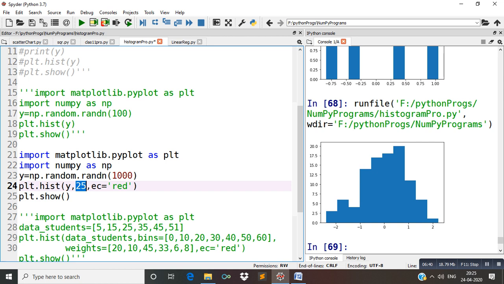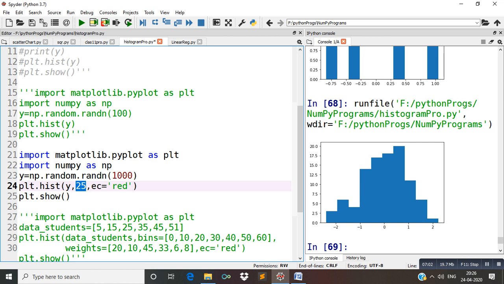Okay, this is the previous output. Here you can find 10 bins, 1 2 3 4 5 6 7 8 9 10. In the previous output there are 10 bins, but when I execute this portion you will get 25 bins, that is 25 intervals, or you can say 25 vertical bars.